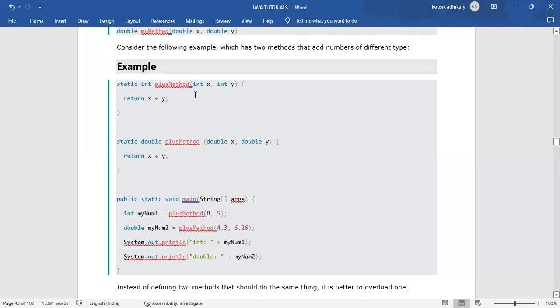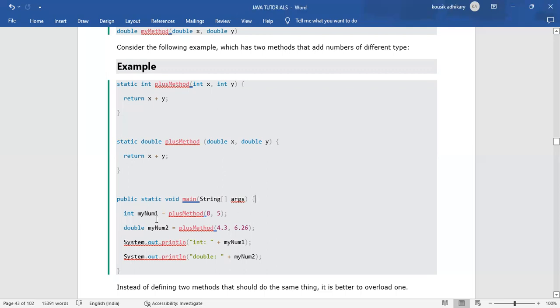Now we have created the method, we have passed the parameters. Until and unless we call that method, we can't use it. We can't get any output from that method. So we need to call that method. And when we are calling that method, we need to give the arguments for the parameters that we have passed to that method. We need to do that under the main method block. So we need to create the main method, that is public static void main string args. Under that main method block,